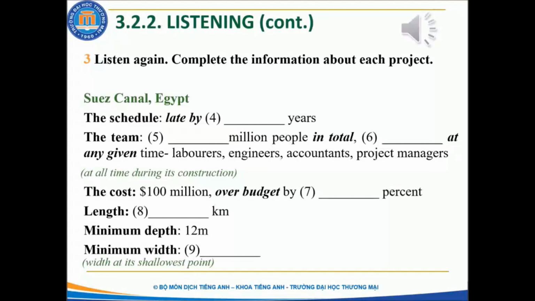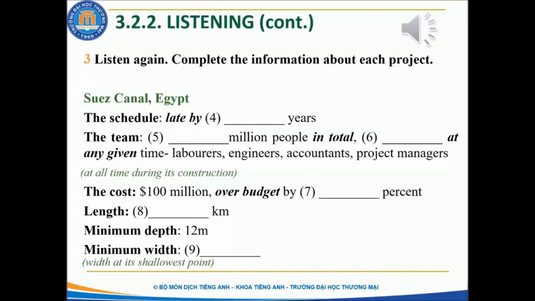Right. Như vậy ở câu số 5 thì mình sẽ nghe tổng số người tham gia dự án, hay nói cách khác là ở một cái thời điểm nào đó thì cái số lượng người lớn nhất đã tham gia dự án là bao nhiêu. Còn ở câu số 6 thì mình sẽ nghe số lượng người tham gia dự án at any given time, tức là ở bất kể một thời điểm nào trong suốt toàn bộ quá trình làm dự án thì cũng sẽ có tối thiểu là bao nhiêu người đã tham gia cái dự án này. Right.